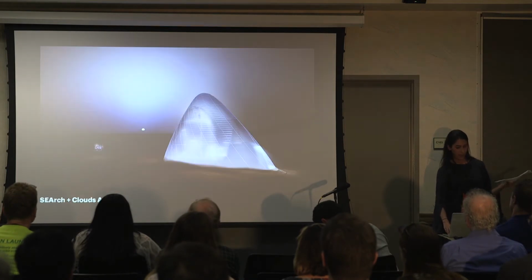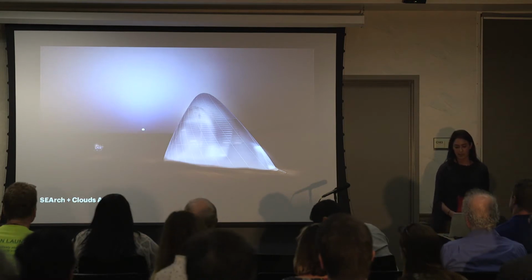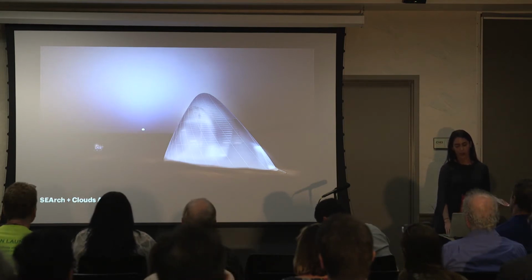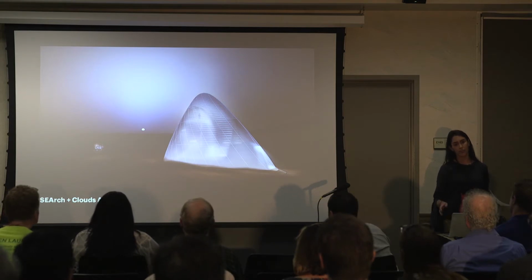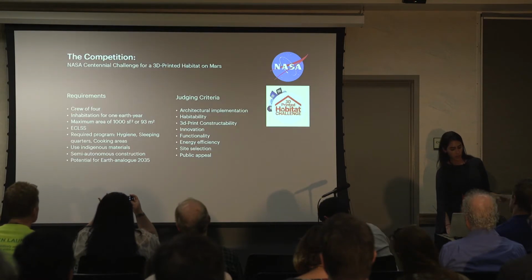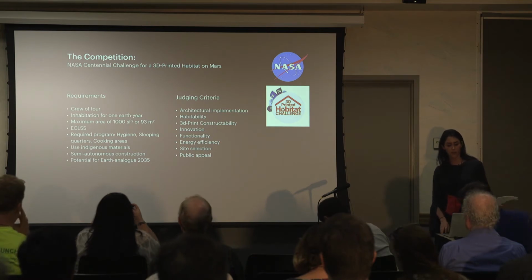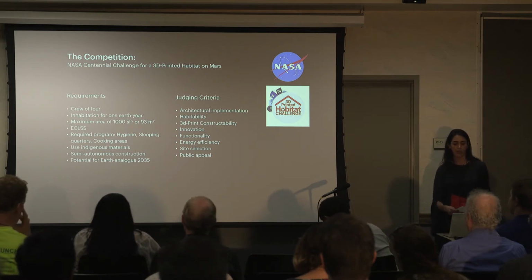And in a moment, this is our proposal. It's called Mars Ice House. And what it is, is a proposal for using indigenously mined water ice to 3D print a habitat on Mars in the northern hemisphere. So the competition, as I mentioned earlier, was based off of, we created this proposal for